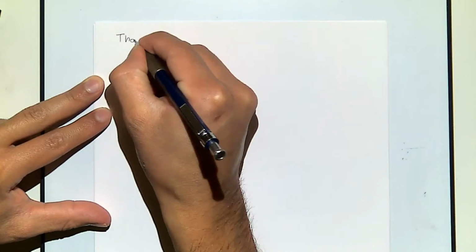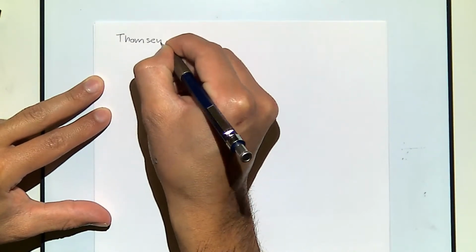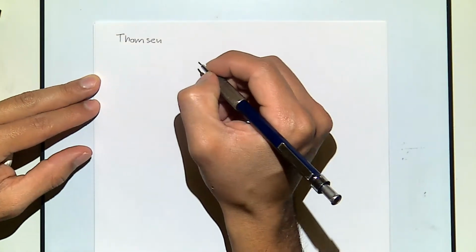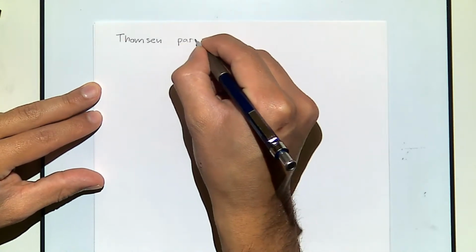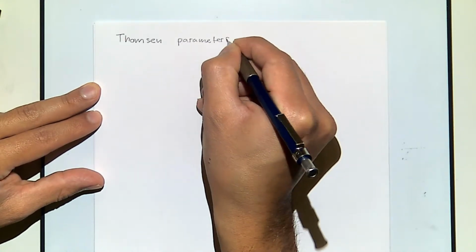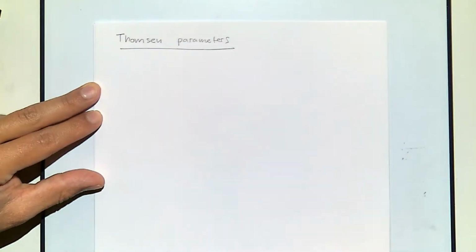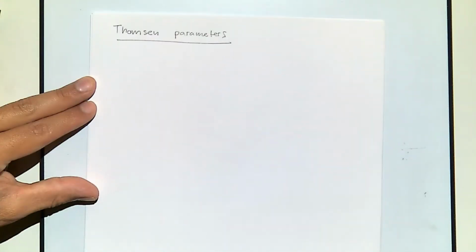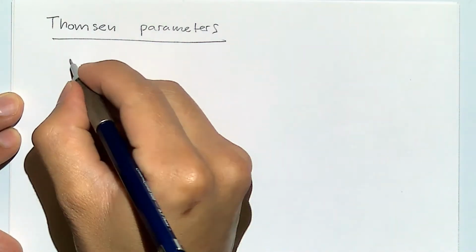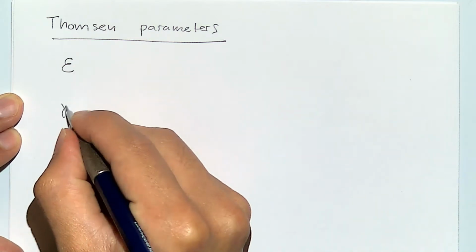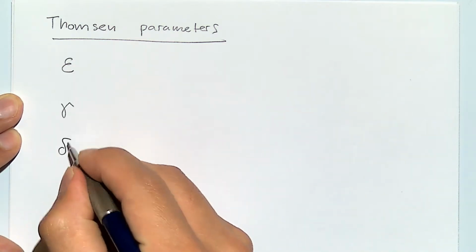They are very useful to characterize different types of rocks and to get to know how anisotropic they are. The Thomsen parameters are 3 parameters: epsilon, gamma, and delta,